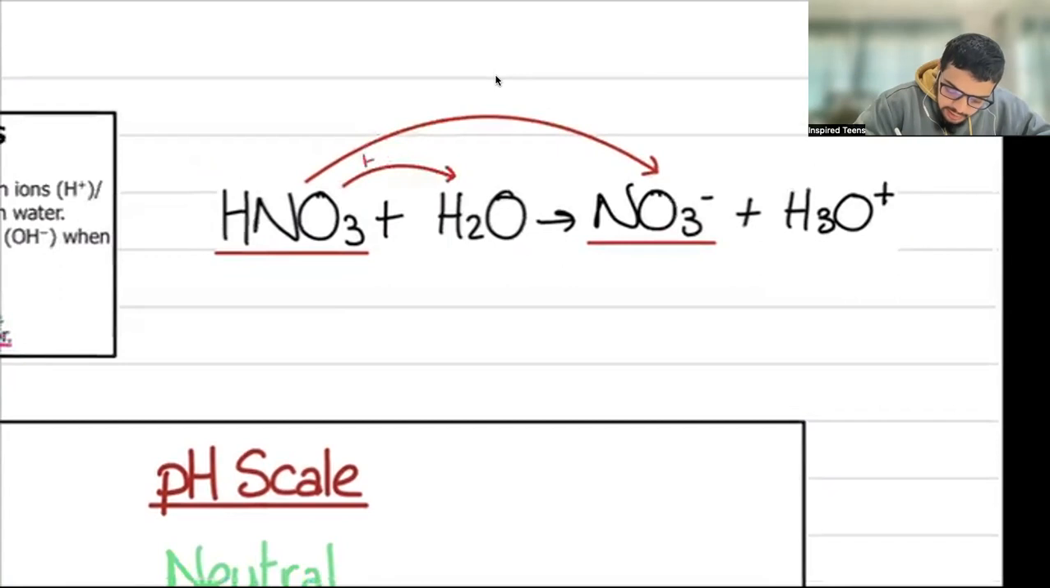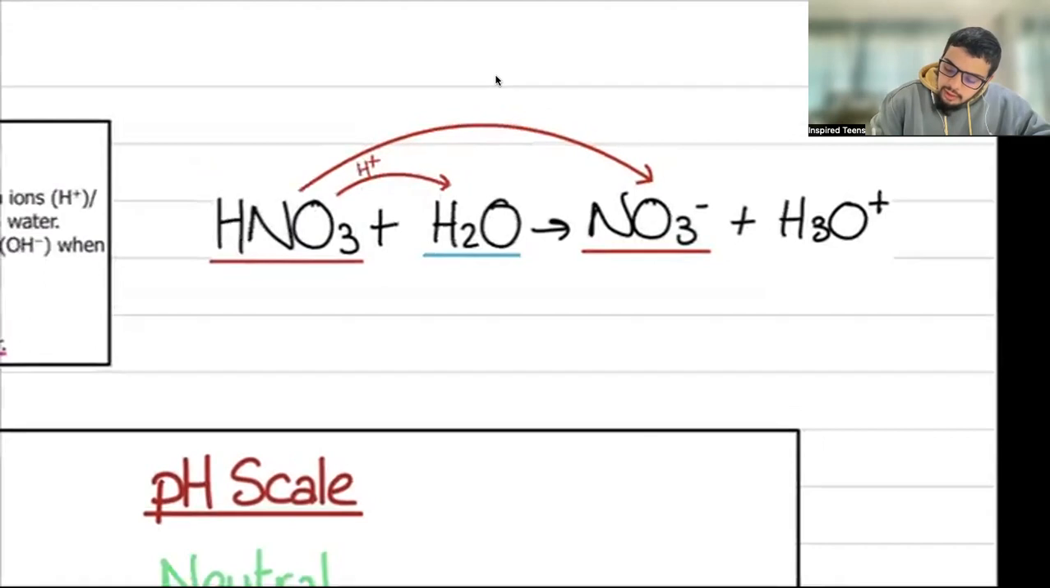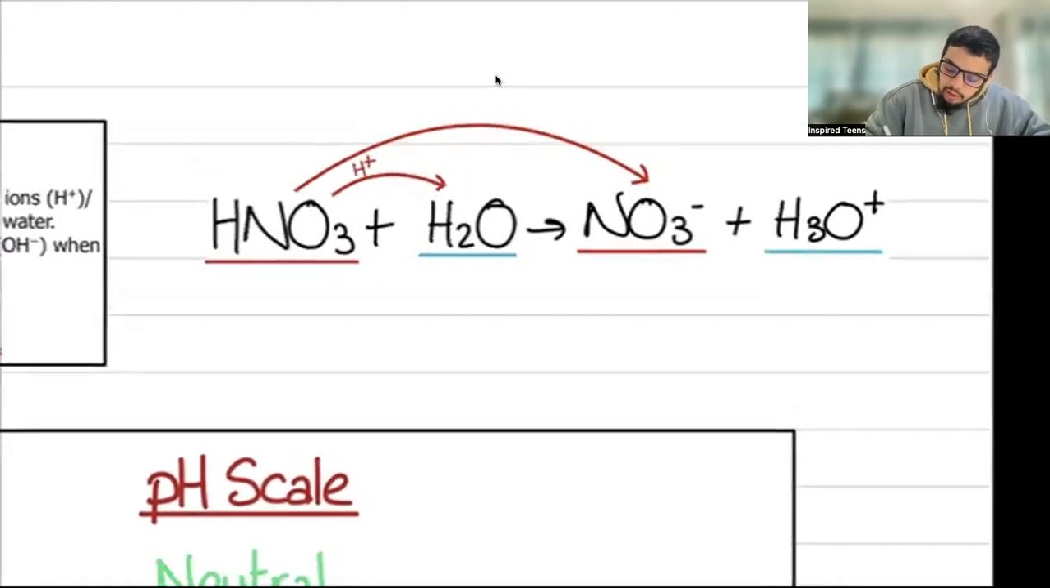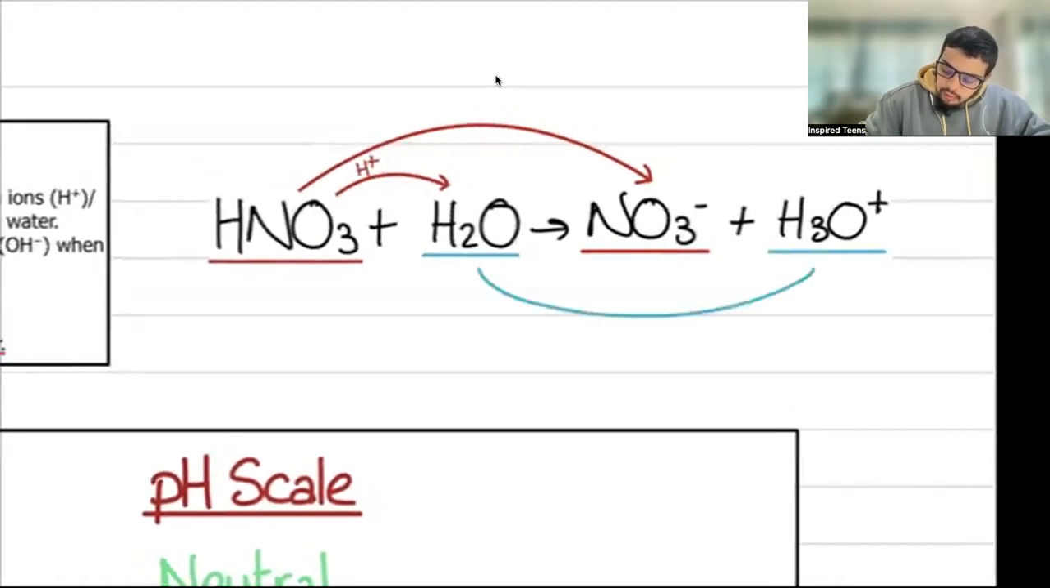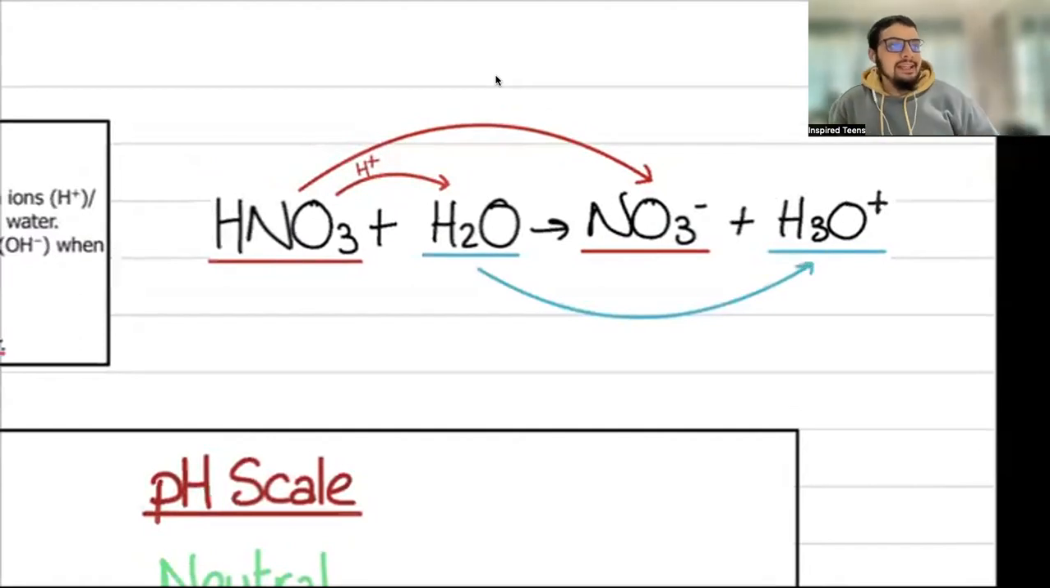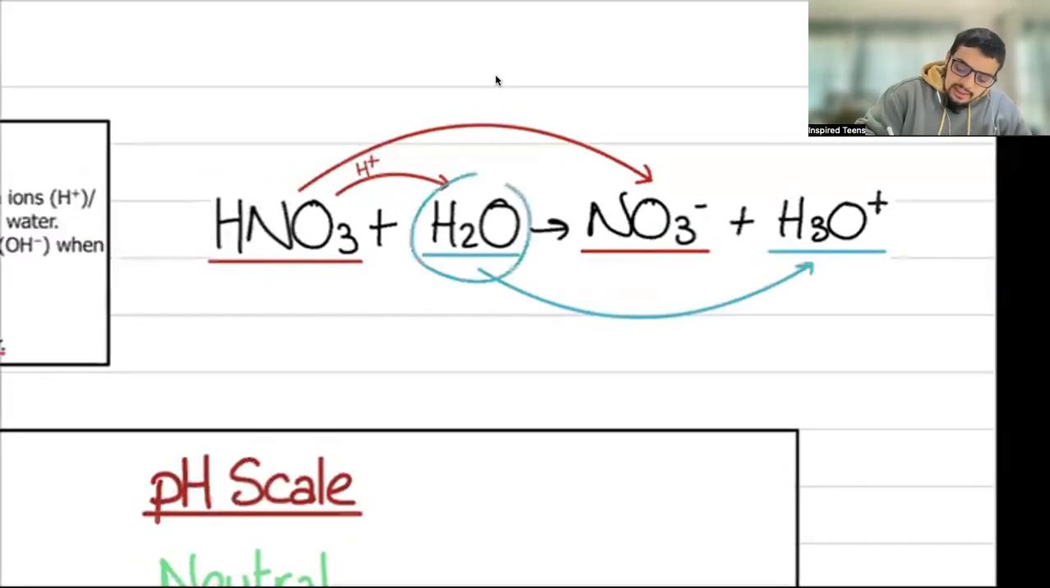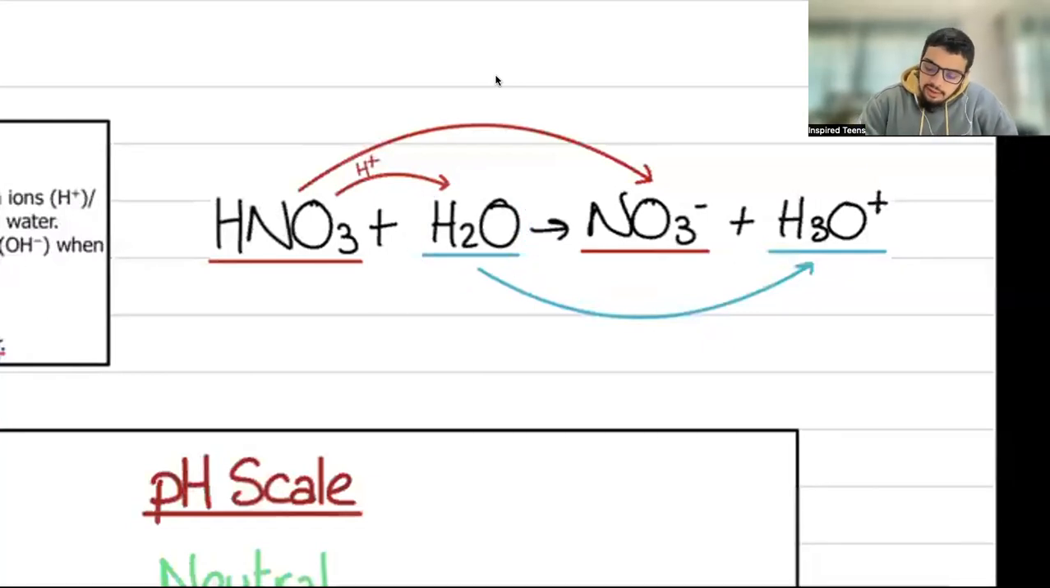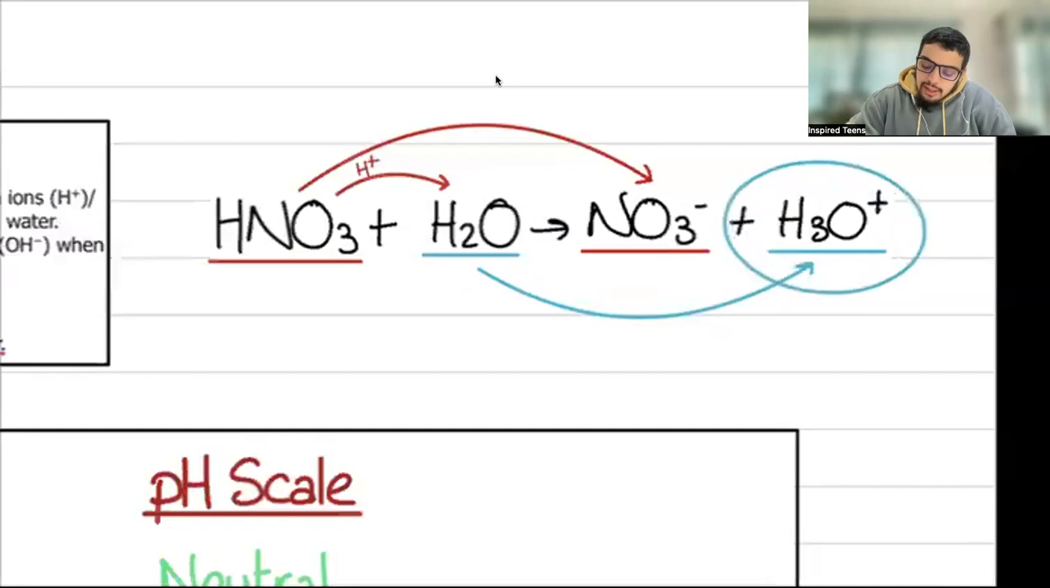Okay, it donates its hydrogen atom to H2O. That's why on the right-hand side, it becomes NO3 minus. Then we can observe H2O becomes H3O plus on the right-hand side. And we can see that this H2O is receiving this hydrogen. That is further evident when we see that the H2O becomes H3O, meaning it now has an